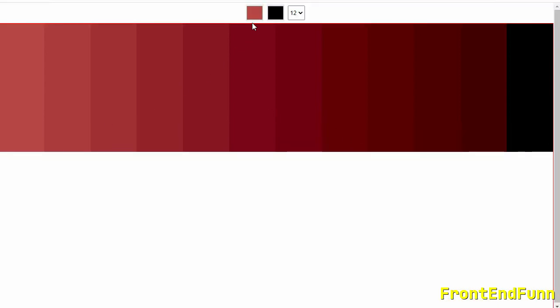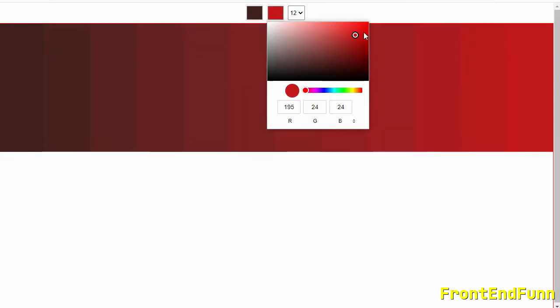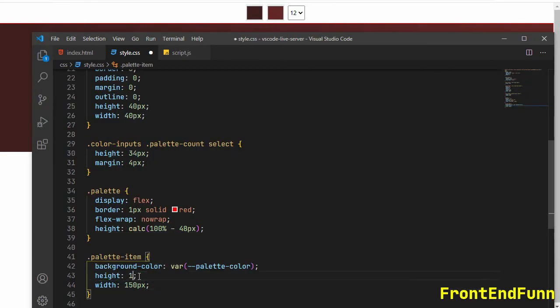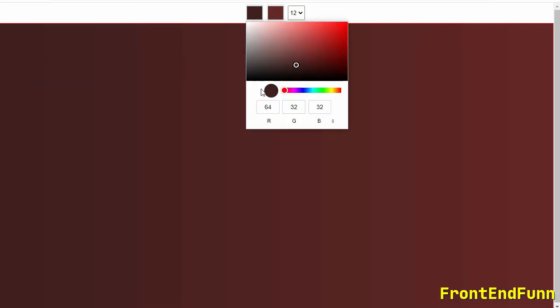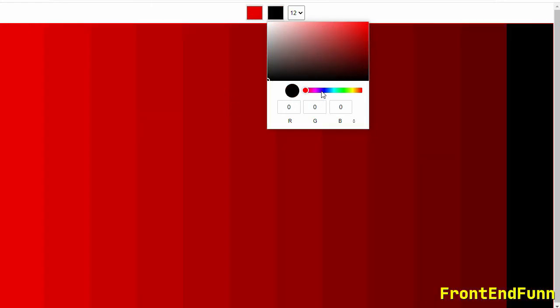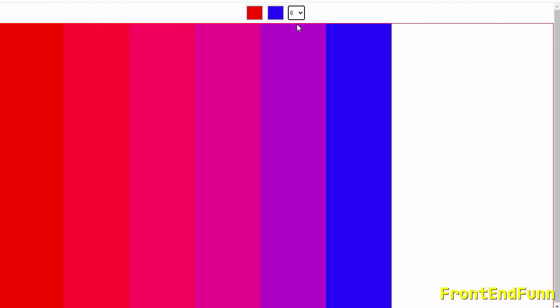Okay, so as you can see, we are generating some color palettes. Fine, so let's make the height 100%. Fine, so if we select the 6 here, we need to fill the space.